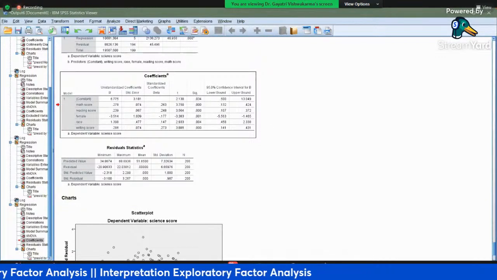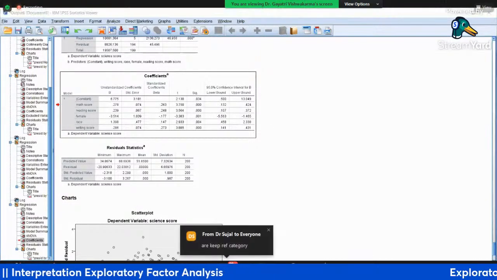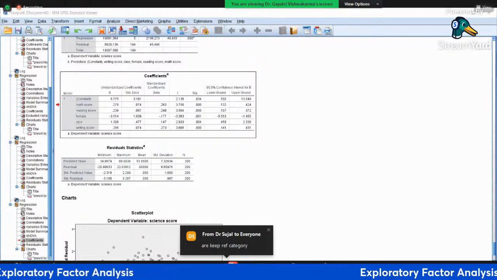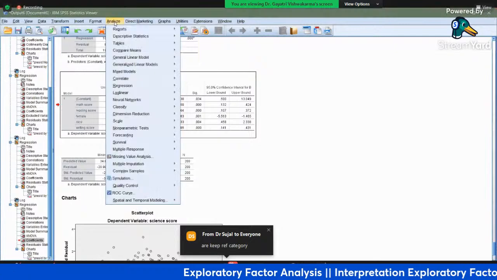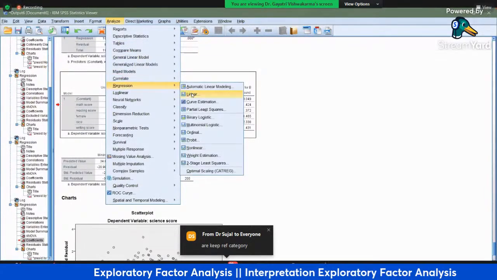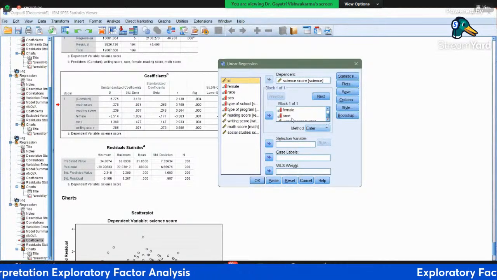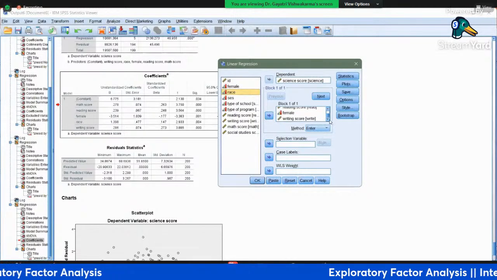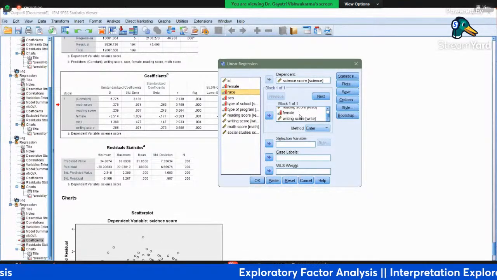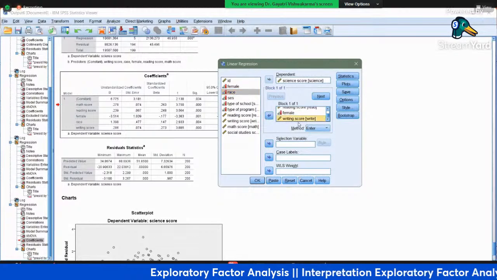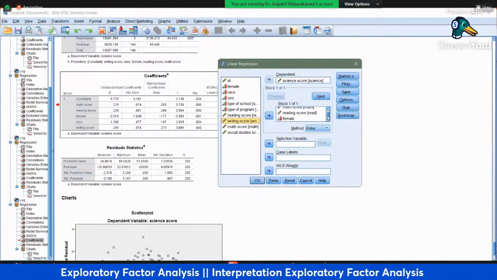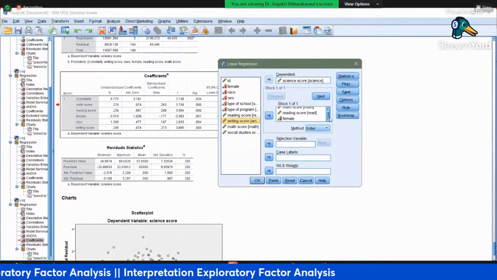Now I have given the interpretation based on taking only social science and reading. So I want to rerun the model with the same interpretation so that when you see the slides, you can connect. So reading score, mathematics, female. I am removing race because this is of no use for the marks, and the writing score also. So I'm putting just a few variables: maths, reading, and female.